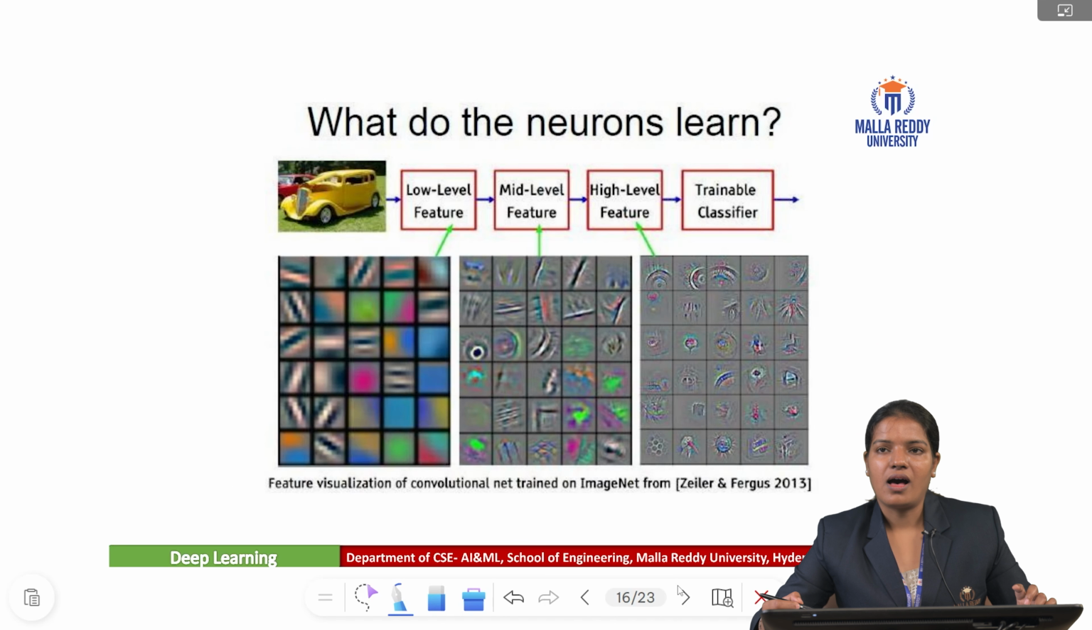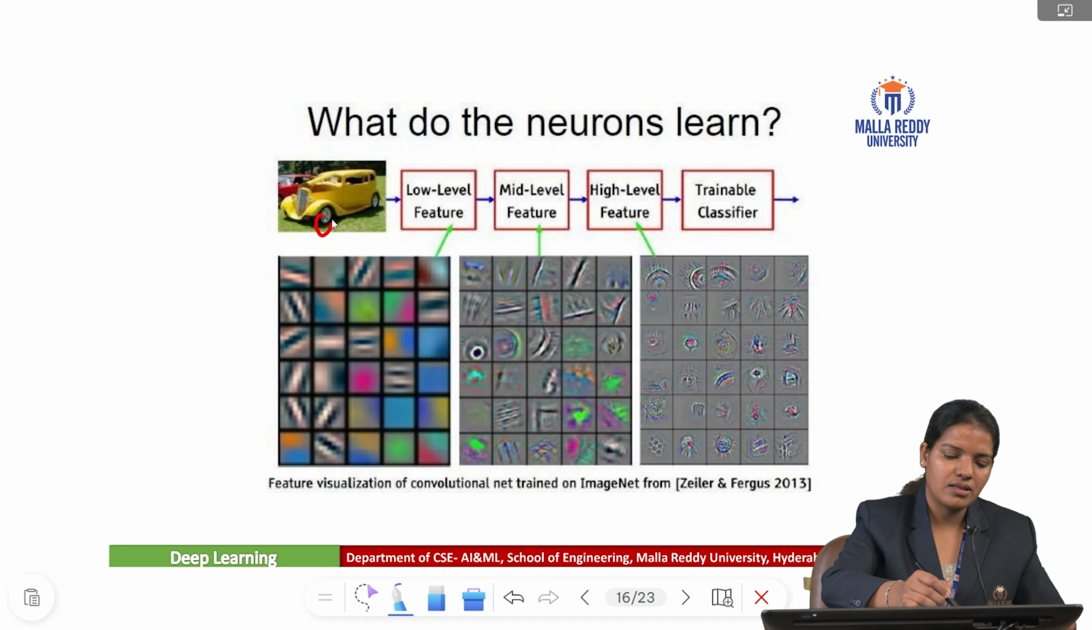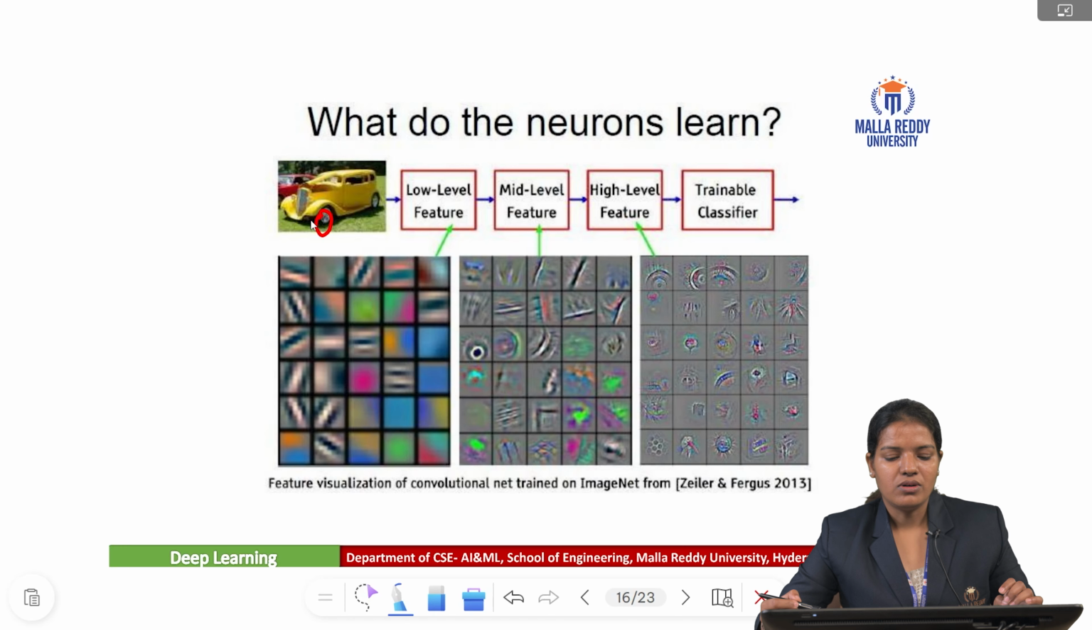So how and what are the hidden layers learned in the deep learning method? We have an image here. Suppose I'm using the image of a car. The car has yellow color, the wheels are black, and the shape is circle. There are different types of features extracted by the hidden layers, like